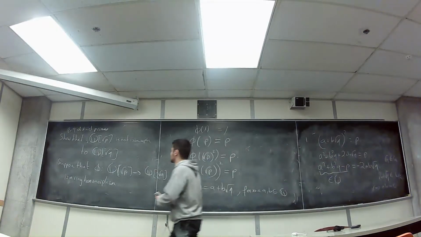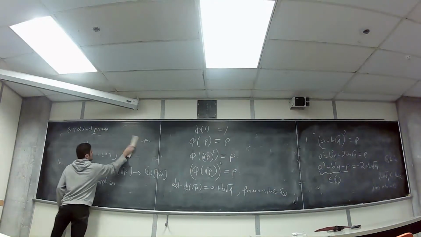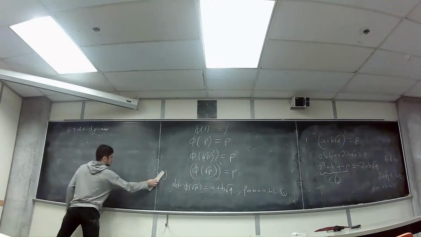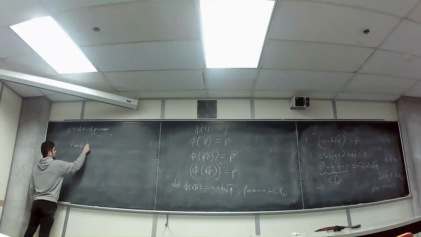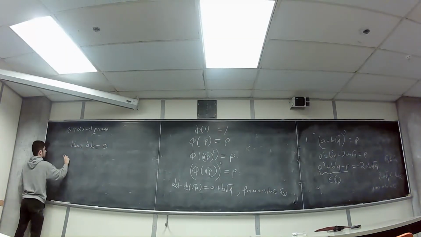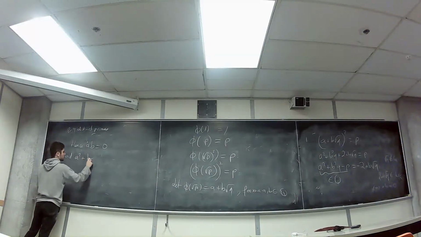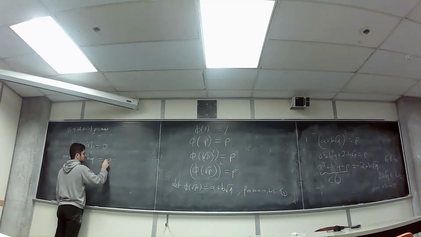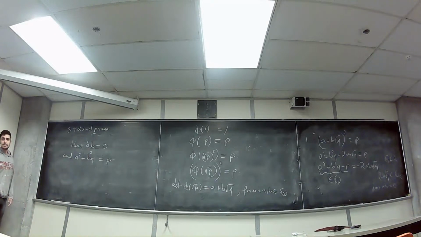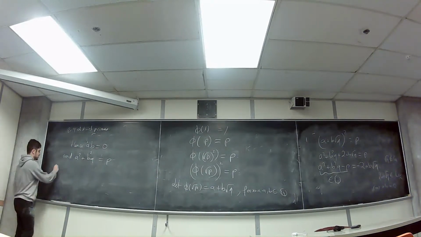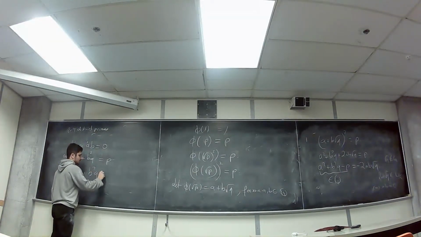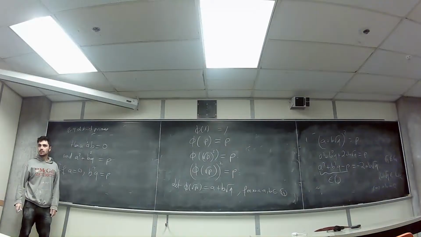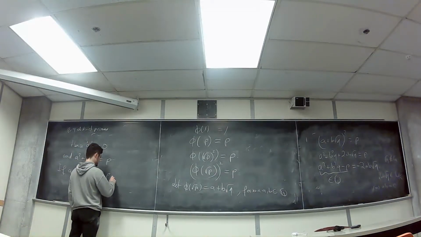If A is equal to 0, so let's write this. So we must have, hence, AB is equal to 0, and what do we have? A squared plus B squared Q is equal to P. Right? So if A is 0, what can I say? I can say that B squared Q is equal to P. Agree? This means that root P over Q